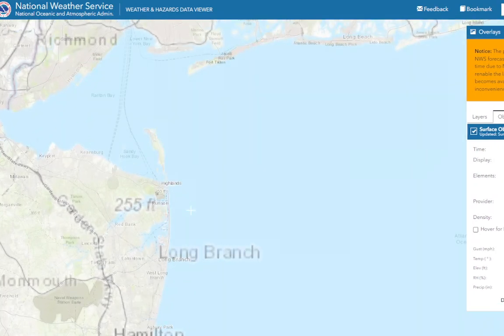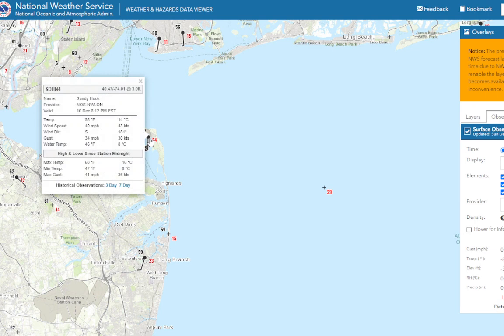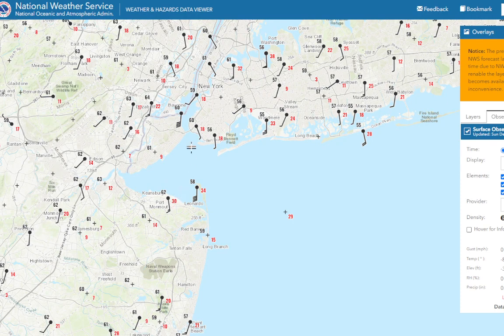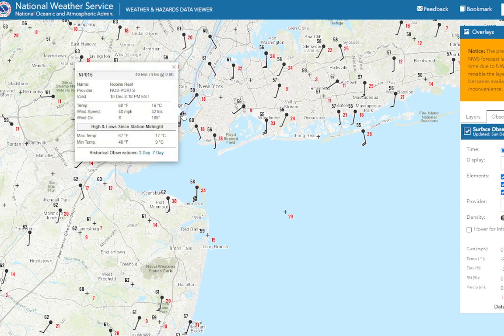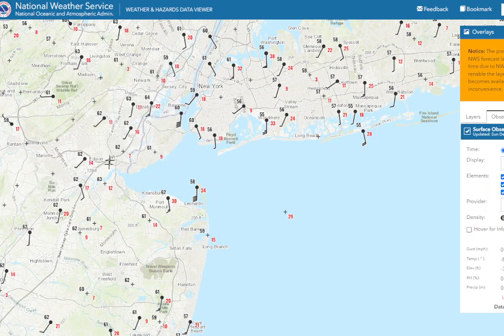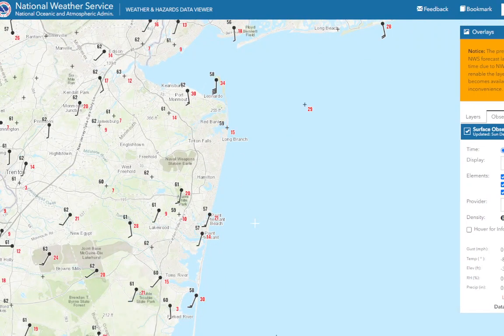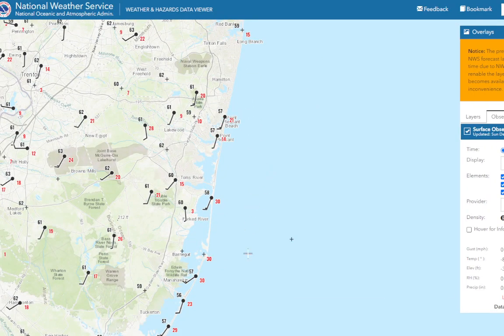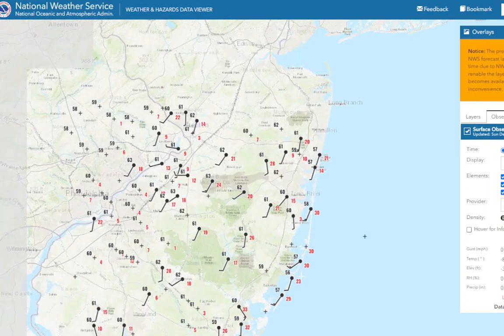I see a 34 mile an hour wind gust just popped up at Sandy Hook. Actually, it's a 49 mile an hour wind gust being reported, according to this observation. So we're starting to see some of those stronger wind gusts in those thunderstorms. Oh my, look at this one here. It's just showing a constant wind speed of 48 miles an hour. So yeah, in this shower that's approaching Nassau County, we're going to get some stronger wind gusts, I think, out of this. Again, it's tapping into the higher winds aloft. Is that a 44 mile now? So yeah, we got some strong winds,